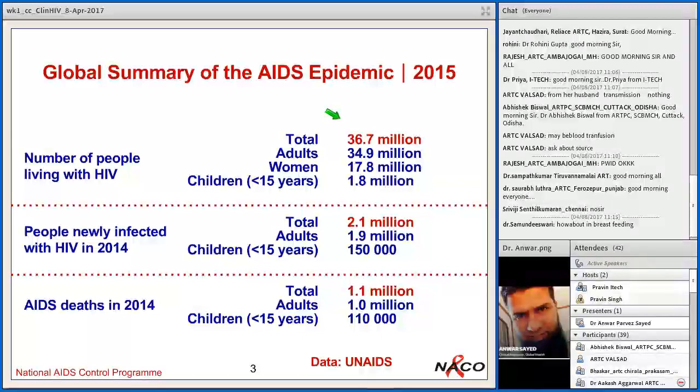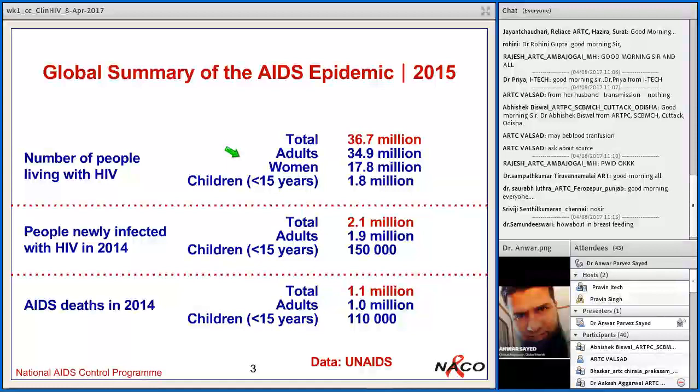And if you see the adults and adult women, women are almost now over half of the overall adult population. That means it is not only a men's disease, it is equally in women. So people who think that most of the HIV positives are men because of high risk behavior, that is not exactly the case, and there are multiple reasons. I'm not going into this, but one thing is very sure, that over half of the HIV positive estimated population is women.